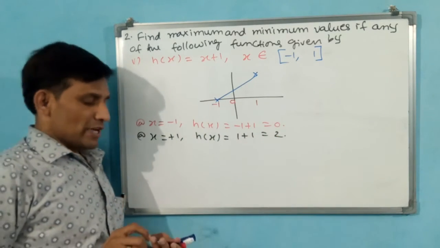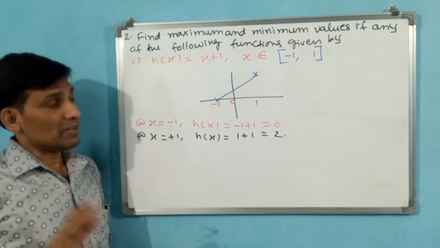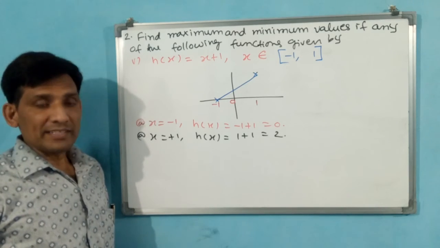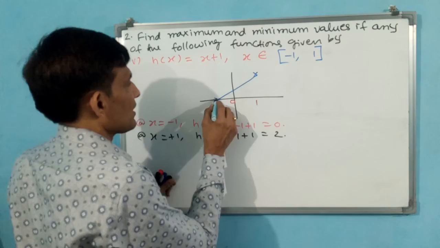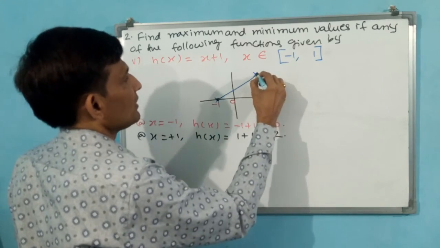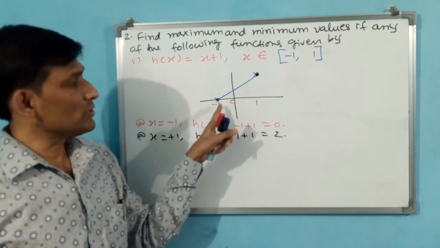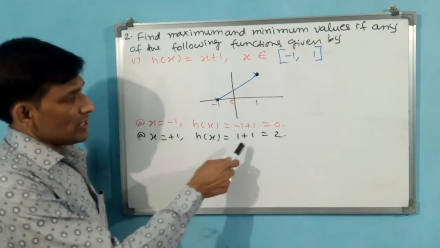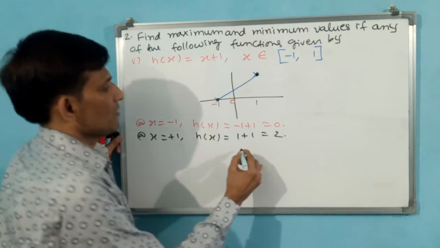Okay. Now you tell me, is there a maximum value and minimum value? First of all, is there a turning point? No. Since there is no turning point, there is no maximum or minimum value, but this may not be always so. Why? Because see here, closed bubble. This is a fixed interval, a closed interval. In a closed interval, maximum and minimum values exist. Here the minimum value is 0, the maximum value is 2. Both exist right now.